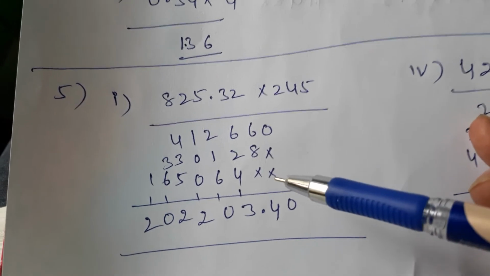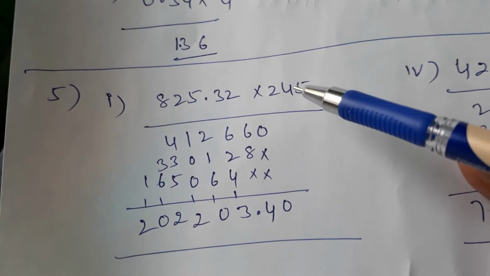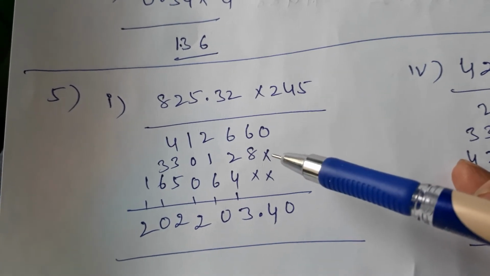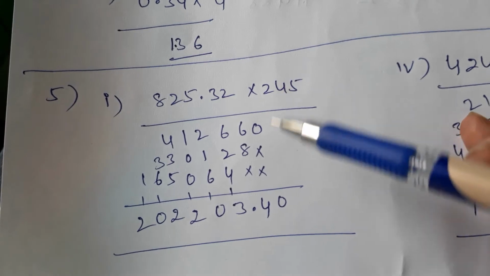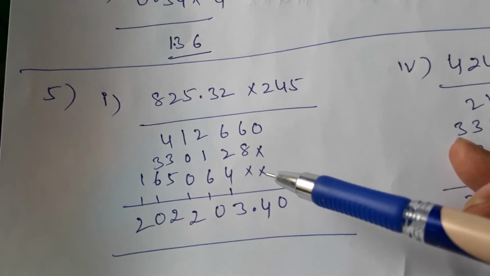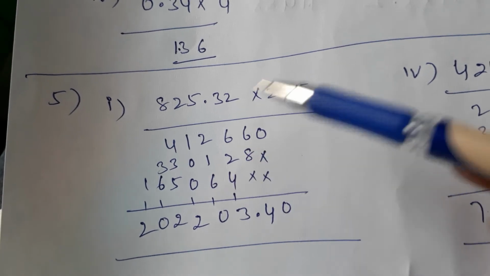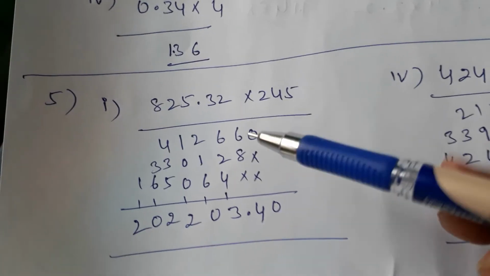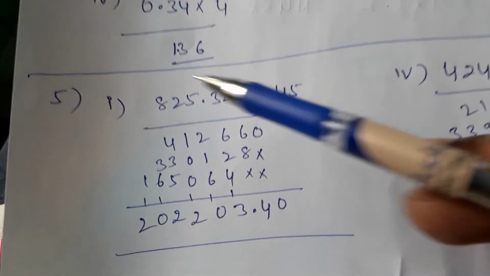Now first multiply with 5 and start with 4. When you are starting with 4, leave one place and multiply, and you will get a result. And next start with 2. When you are starting with 2, leave 2 places and multiply. This is normal multiplication; you know how to multiply the numbers. Now do it with 2 and you will get this. So after